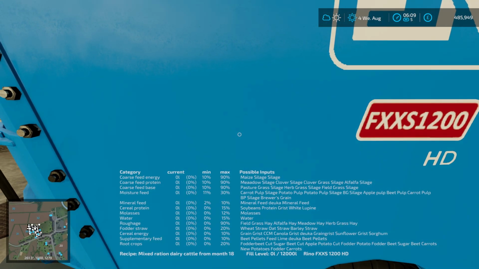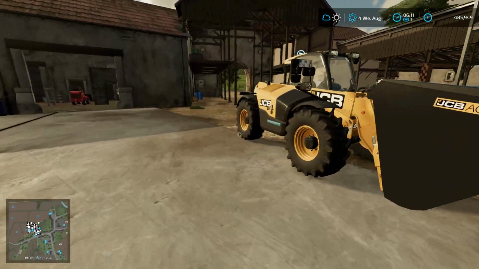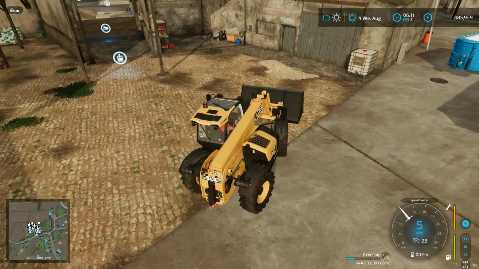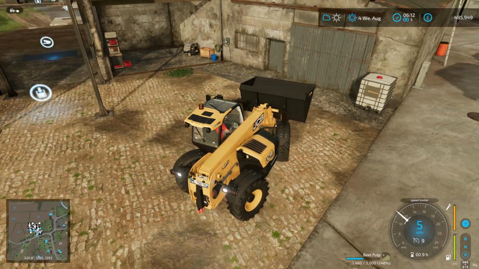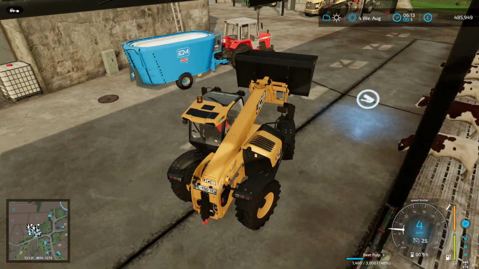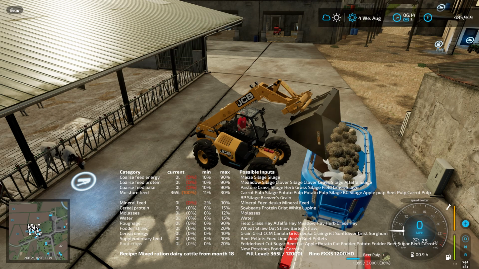So I think if we do 12, about 13,000 litres of moisture feed, then the mineral feed, then a bucket of maize silage. Now we've got some beet pulp there still. How much of that will do? Yep, we stick that in. Go grab some mineral feed. Right. And then